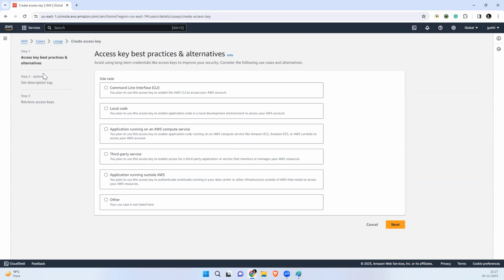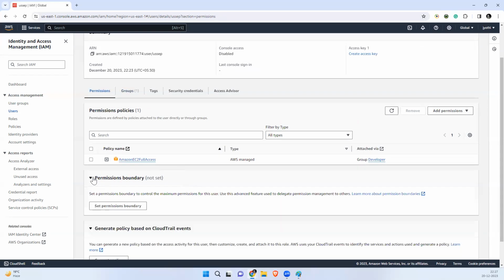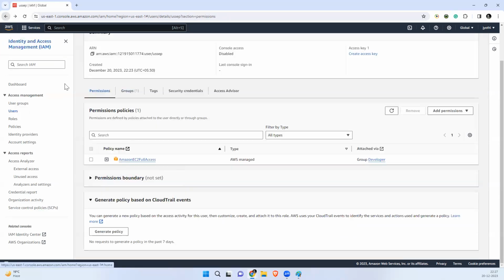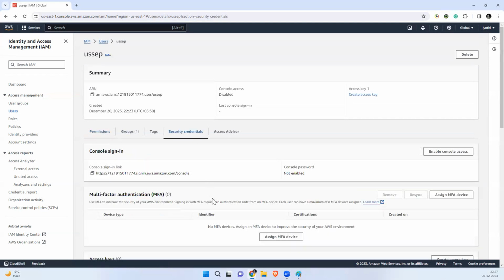We don't want to create an access key or secret key, just the permissions boundary. There is no need to set the permissions boundary, so save. Then security.